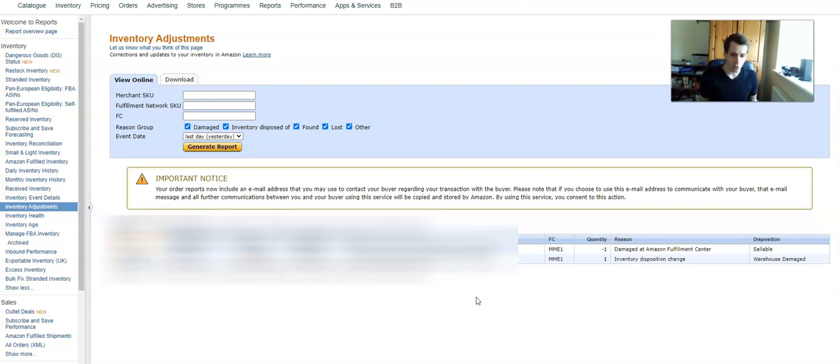And you're pretty confident that you're getting reimbursed for all the issues that are being caused in the fulfillment center, because obviously you can't see what's going on there. So in theory, things could be disappearing and you don't know. What this inventory adjustment report does is it basically strips off all that data for a specific period. You choose the period, and then I will use that data and send it to